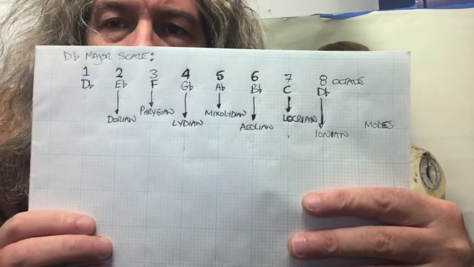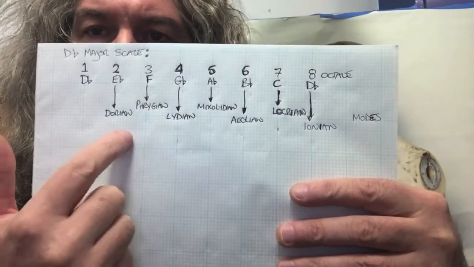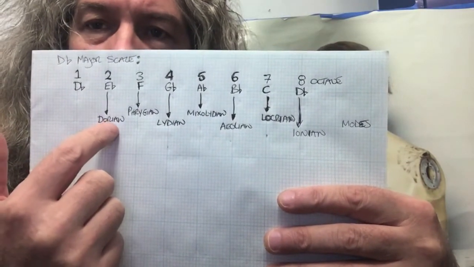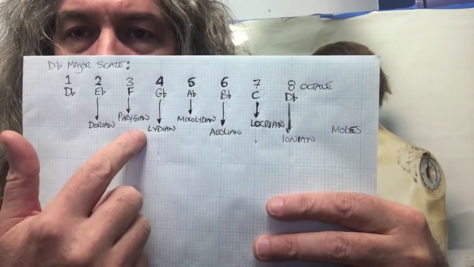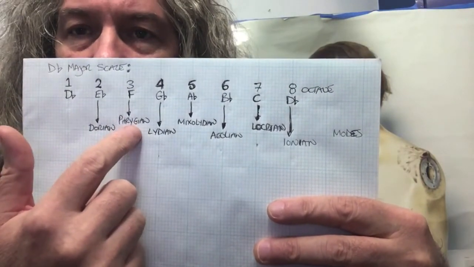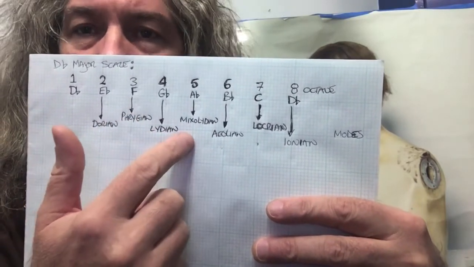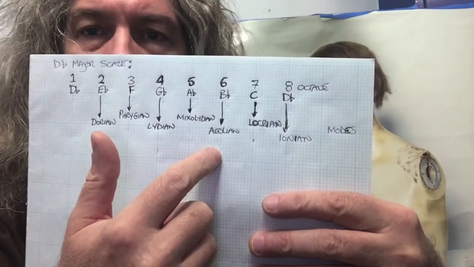So with this framework, if you take this D flat major scale, but you start it on the 2nd note, this is now what we call modes. This is the 2nd mode, and we call that the Dorian mode. If you start it on the 3rd note of this scale, that would be the Phrygian mode. If you start on the 4th, it'd be Lydian. If you start on the 5th, it'd be Mixolydian, Aeolian on the 6th note, and it'd be Locrian on